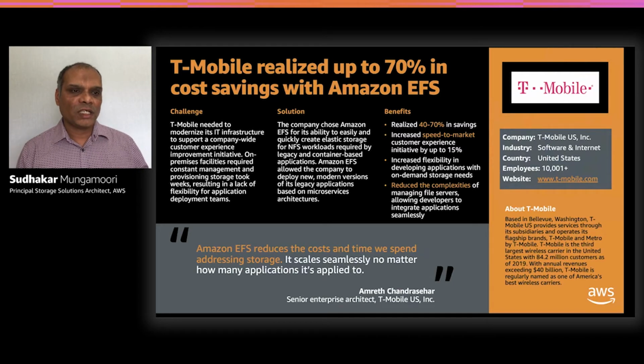The challenge T-Mobile told us was the IT infrastructure. There is a new initiative called Customer Experience Improvement Initiative, and they have to migrate their on-premises NFS-based workloads to equivalent network-attached storage for their Linux workloads. So they were previously using open source solutions, and then they tried configuring self-managed solutions on top of EC2. But moving to AWS, Amazon EFS, with a fully managed cloud-native solution, they were able to achieve up to 70%